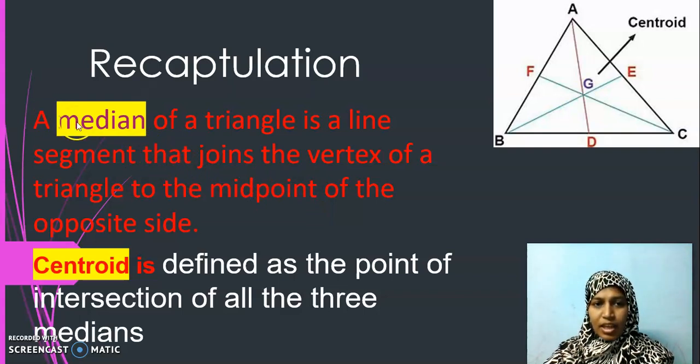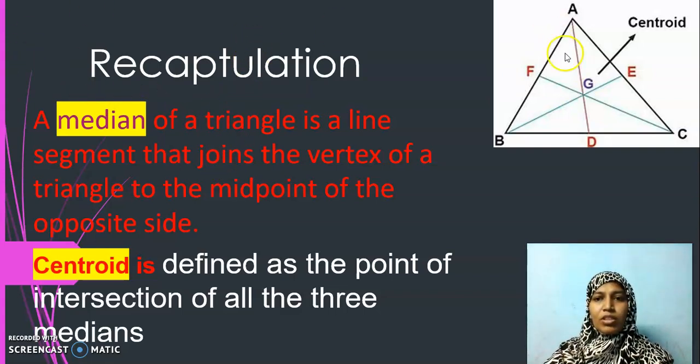If in the same blank it says joins the vertex of a triangle to some other point, not the midpoint, then it cannot be a median. The same way you will have perpendicular bisector, then the perpendicular line which is the altitude, then angular bisector. All these 4 are discussed in this chapter, though in your text you have only 2 things, altitude and median. Apart from these 2, we have discussed perpendicular bisector and angular bisector.